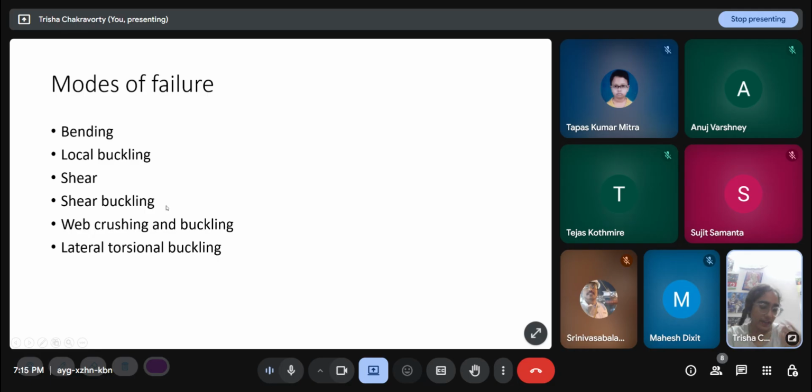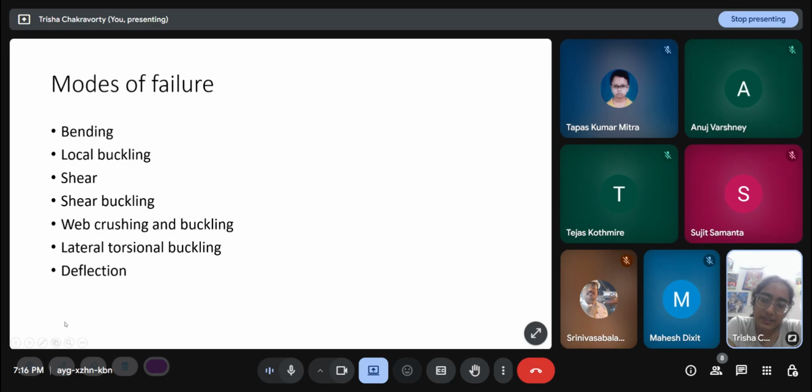So anyway, if we have to design a beam or a column, I'm going to assume a particular section, maybe a single section, or there are also built-up sections like an I section with two plates on its flanges or two plates on the web, and so on. And we will carry out all these checks on all the limit states. Is the bending limit state satisfied? Is the local buckling limit state satisfied? If all of these checks are safe, meaning the capacity is greater than demand, then I can accept this section and fix my design at the section that I've assumed.